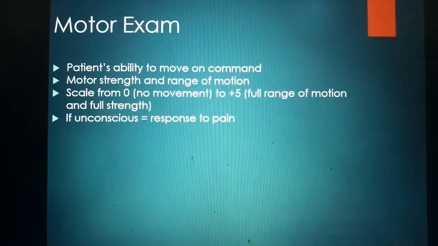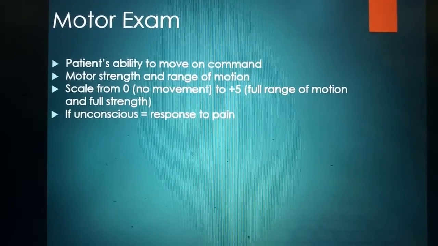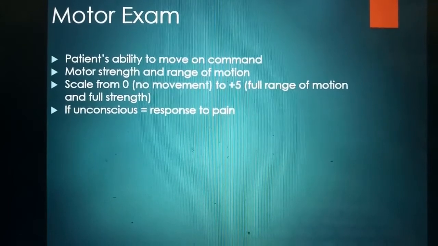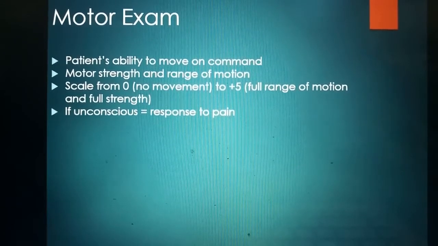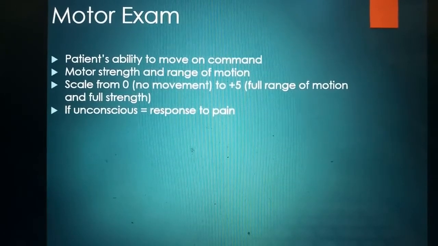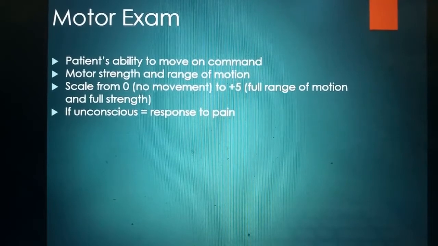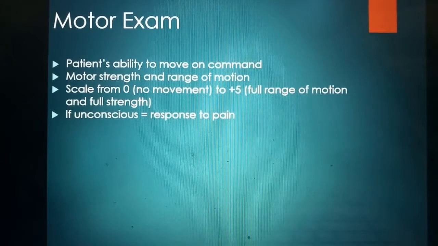Motor examination. A person has a lot of muscles, and when we do movements of our body, it is because of the muscles. The muscles can have a grade of 5, which is normal if they are fully strong and do full range of motion. If the muscle power is 0, the muscle is completely paralyzed. There are other grades like 1, where there is a flicker of contraction of the muscle,